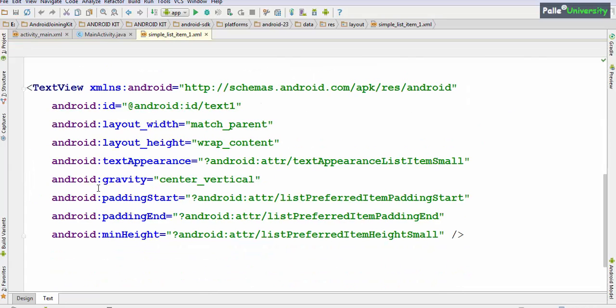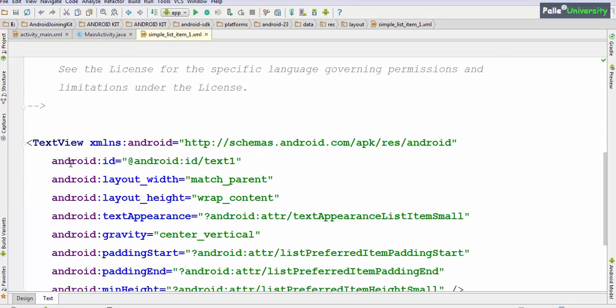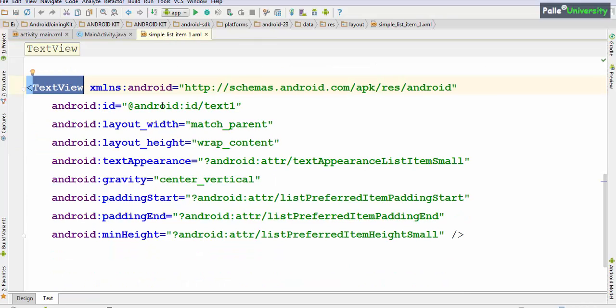And you can observe this XML file does not contain any layout. While explaining the screen design concept, I told you that if your screen design does not contain multiple elements, you don't have to use layout as a root element. Since it contains only one text view, they have not used any layout as the root element and they have taken text view itself as the root element. This text view's ID is Android:ID/text1. So with this, confirmation is done that simple list item 1 is a predefined XML file of Android software.